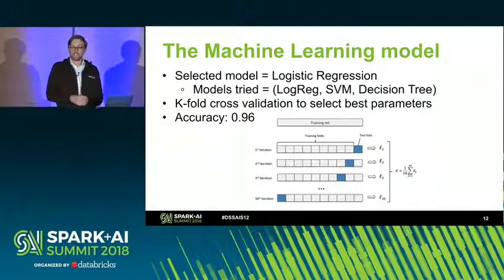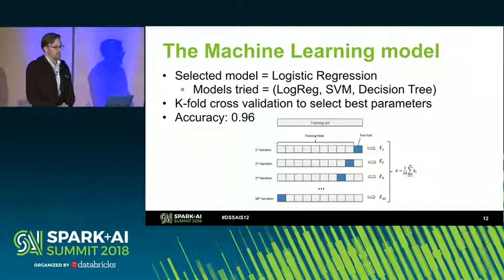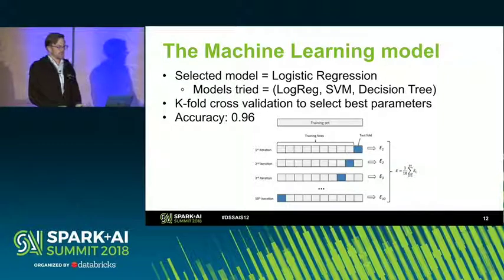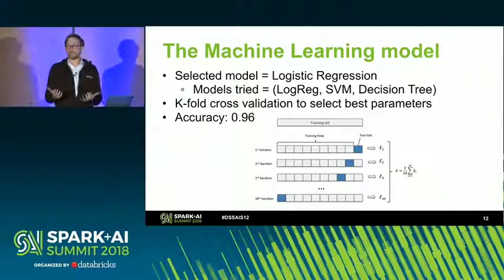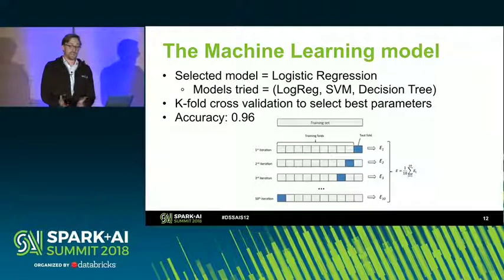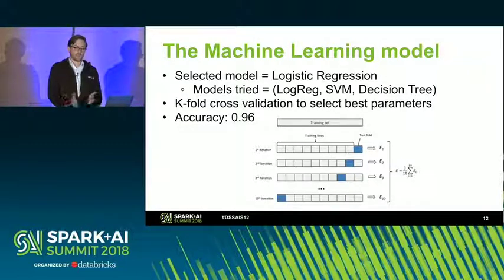So now we have data, we have labels from our third parties, and now we want to train a machine learning model. We initially tried many models in Spark: logistic regression, SVM, decision tree. We finally stuck with logistic regression. The main reasons for this were that it was understandable to our shareholders, it was quicker to train than some of the other two, and it was very understandable. We could quickly disseminate from a given prediction to which features were important.